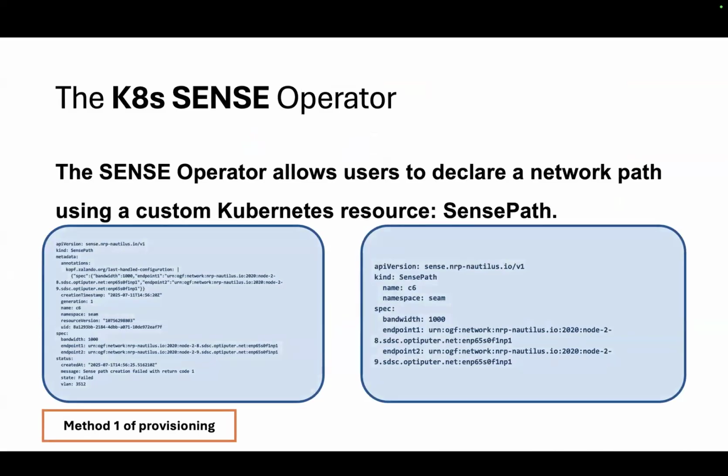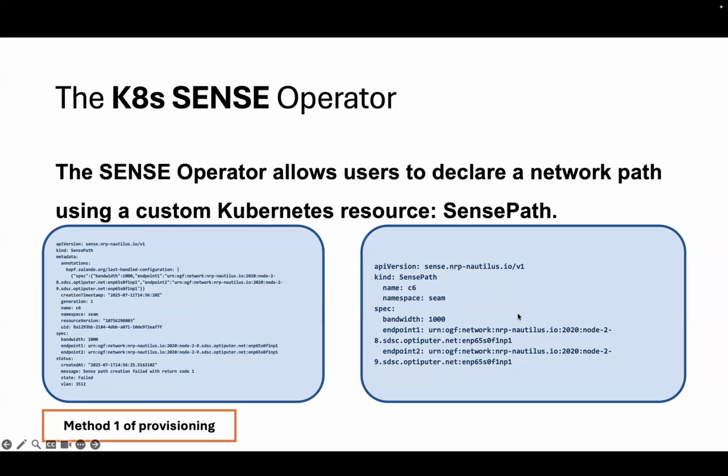The operator allows us to use the orchestrator as NRP users without having to necessarily ask for access to the direct orchestrator through ESnet. We can go through NRP to ESnet and provision it just like how we provision all resources on Kubernetes, with a simple YAML. So what we did here is we defined a custom resource definition for a SENSE path. And in our SENSE path, we're trying to make it as simple as possible. So I just have to set its name and namespace, where it's running and what it's going to be called.